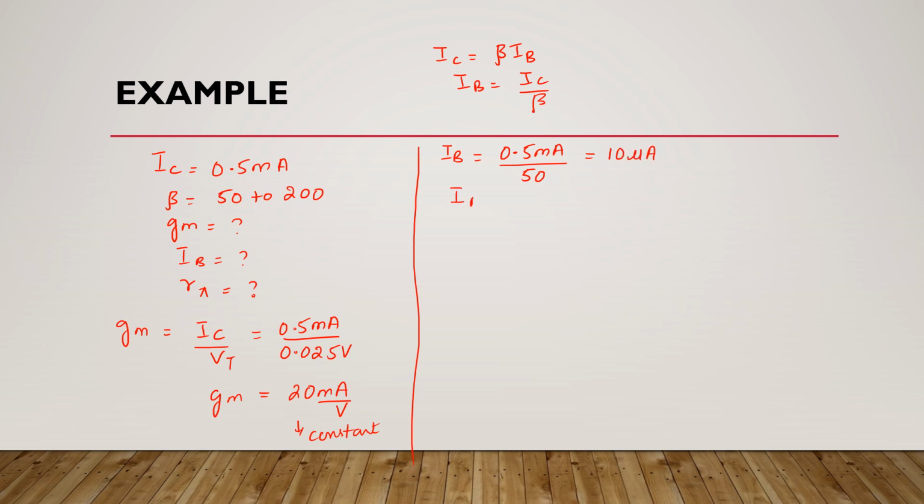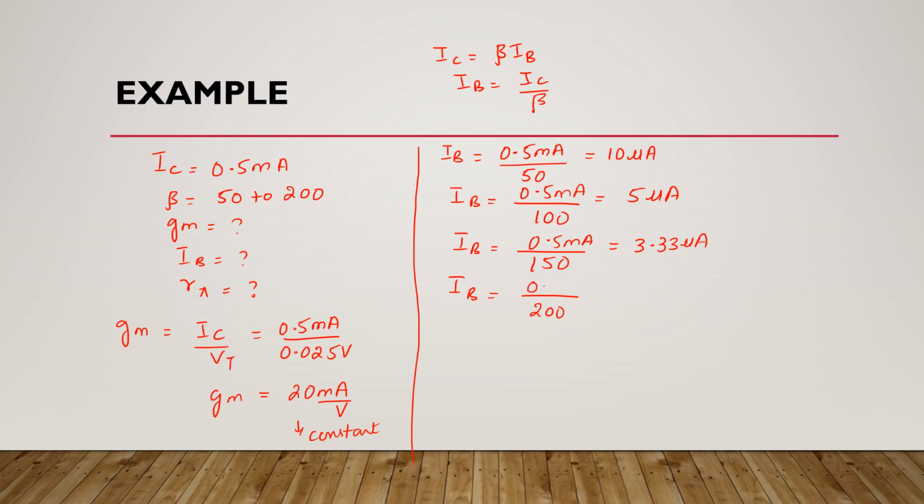Now if this beta is 100, this base current is 5 microamperes. Now if this beta is 150, this base current is 3.33 microamperes, and if this beta is